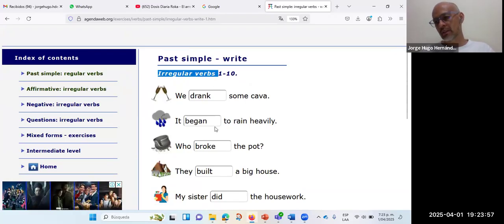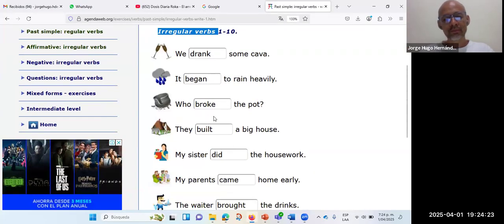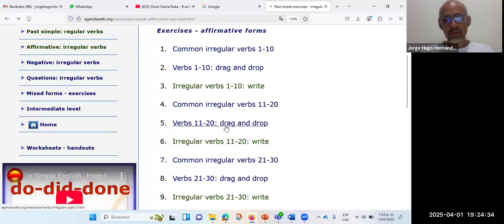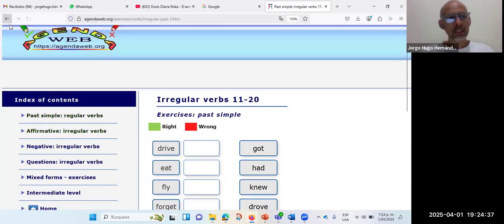So, the irregular verbs are irregulars. They don't follow a rule, ¿no? Entonces, los verbos regulares se llaman así porque cumplen con una regla. ¿La regla cuál es? Que para cambiar de presente a pasado se les agrega ed. Teniendo en cuenta los casos especiales, de que si termina en e se le agrega la D, de que si termina en Y y antes viene una consonante, se le hace algo. Y los irregulares, como su nombre indica, son irregulares. Puede que cambien, puede que no cambien, cambia una letra, cambian dos, cambia toda la palabra, ¿sí? Son totalmente diferentes.